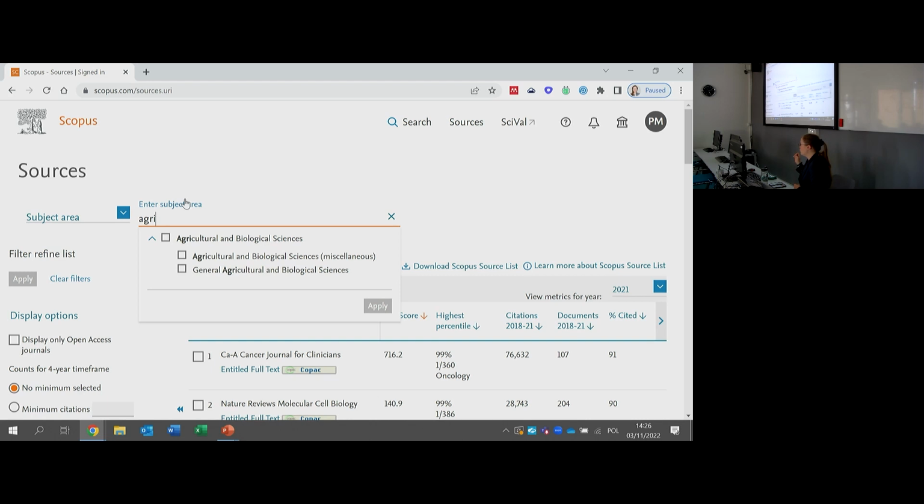Last time I had a question. Okay, so how do you know how Scopus knows if the journal is in agriculture or environmental science or something else? Actually, this is a decision of the journal editor. If the journal editor says we are publishing in agriculture and biological sciences, they will be visible here under